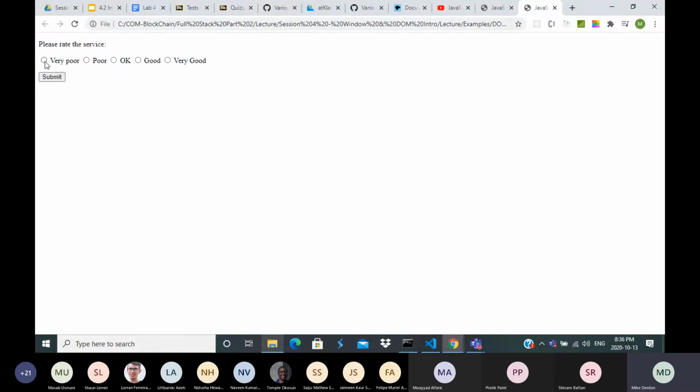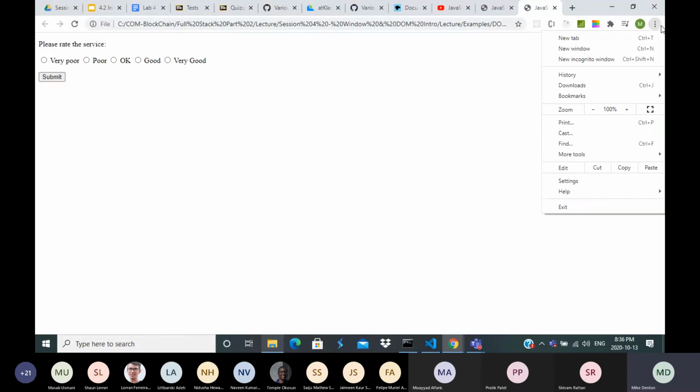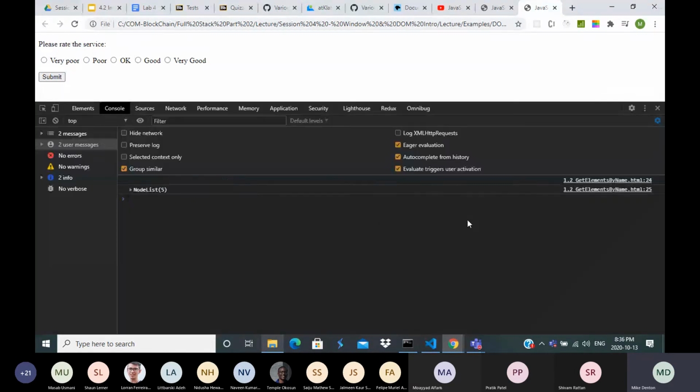You may have a bunch of these, and they may all have the same name, right? And in order to select them all, you would need a different selector that returns an array. So we may have a button that has an ID, which we can use that previous selector,